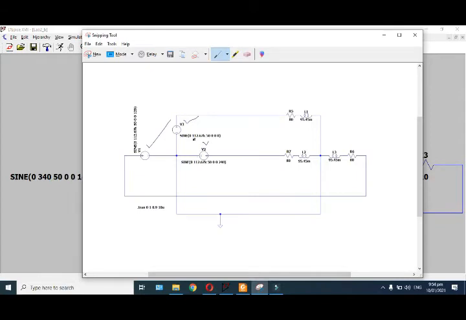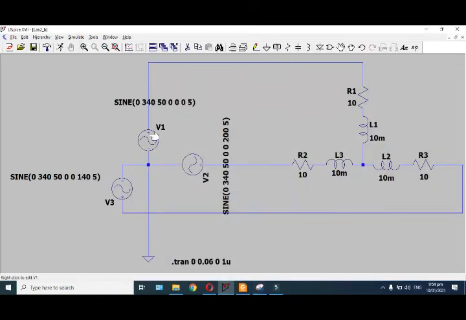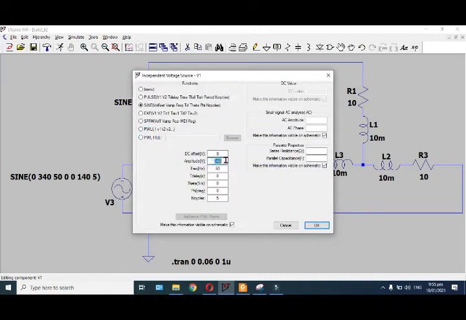As it is a single phase source, if you want to simulate three phase, it has to be shifted by 120 degrees. So here the magnitude of peak voltage is 112 kV,